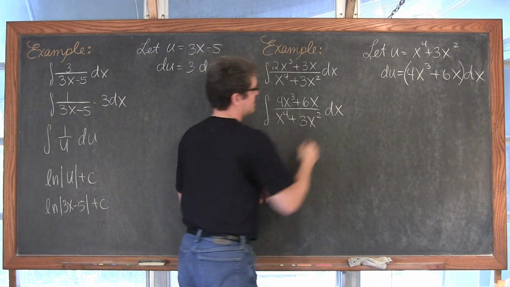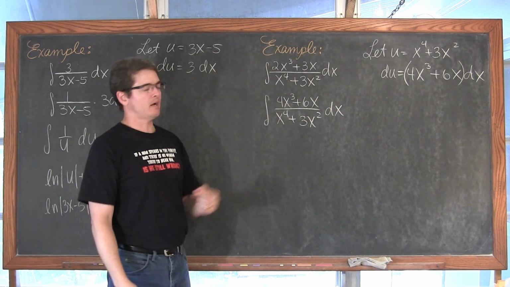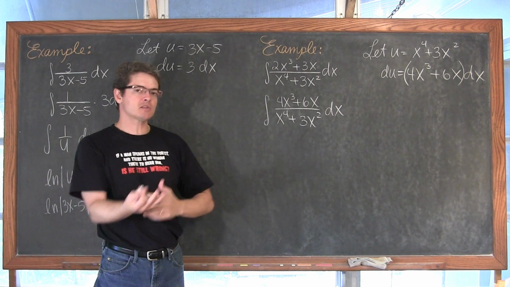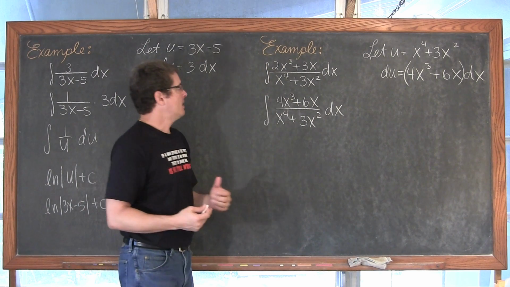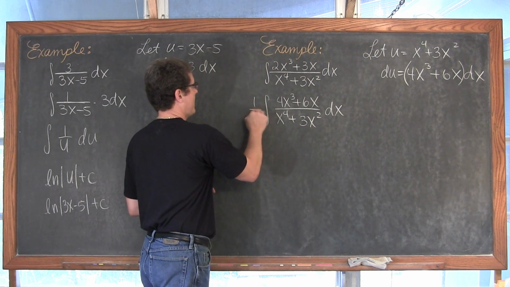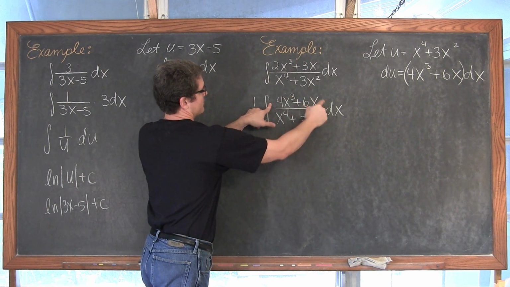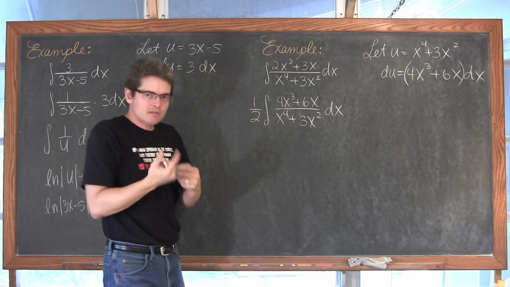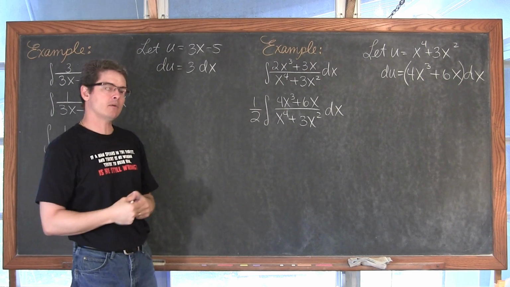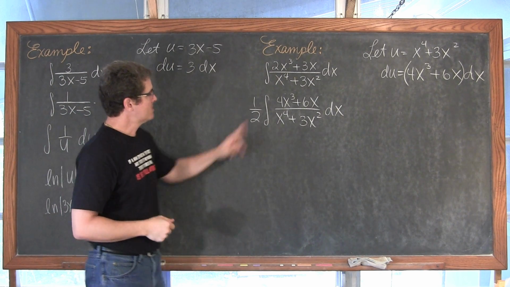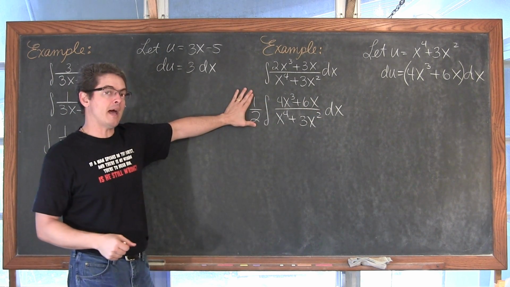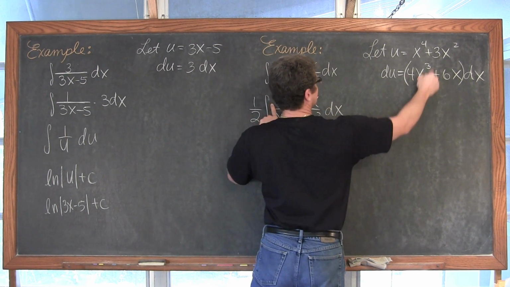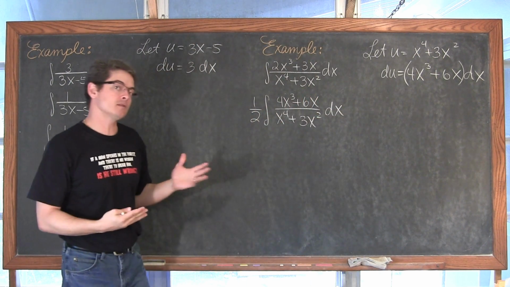squared dx. Now, I can't just multiply my integrand by 4, or excuse me, not 4, but 2, because I've just made it twice as big, so I need to balance that out. So I can then bring out a 1/2, and that 2 that I multiplied through the numerator, and that multiplication of 1/2, or that 2 over 2, reduces, of course, to 1. So I'm just making my integrand look different. I'm not changing its value. So I multiplied the numerator by 2 and then left a 1/2 out front to balance that out. And now I've got that u prime over u, and you could just write the answer at this point.